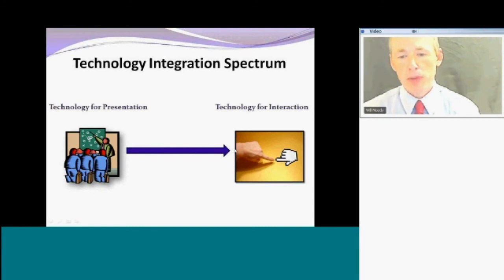But then as you move up the spectrum, you get into technology being used for interaction. And that would be students getting up, coming up to the smart board, manipulating things on the screen, or students using computers in the classroom, interacting with websites, playing online games, and that kind of thing. And if you're using technology for presentation purposes, it's okay. I do the same thing from time to time. But in the back of your mind, always try and think of, how can I do this differently? How can I incorporate some technology interaction